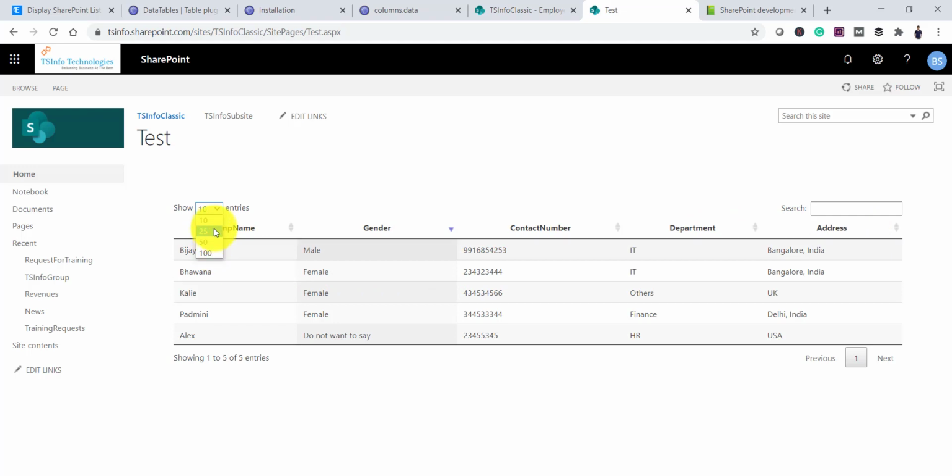If you want to display 10 items, 25, up to 100 items are there. You can also see over here, and if you have more records, they will show. You can see here we have only 5 entries. If you have more entries, then your next page will get enabled as well. So you can go to previous, next, and the paging is quite beautiful over here. You get everything without writing much code. The only files that we have referred are the DataTables jQuery JS file and the CSS file.